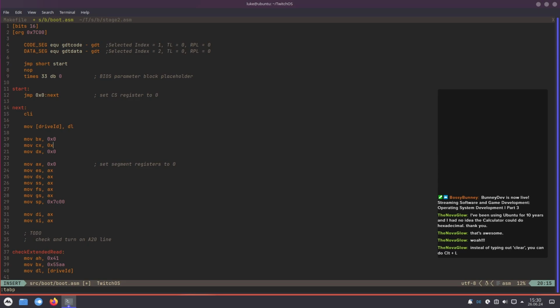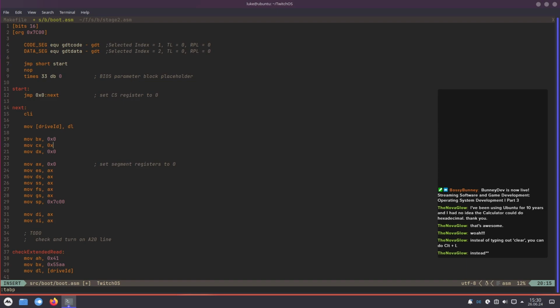A20 line, we need to enable it because what A20 line does is